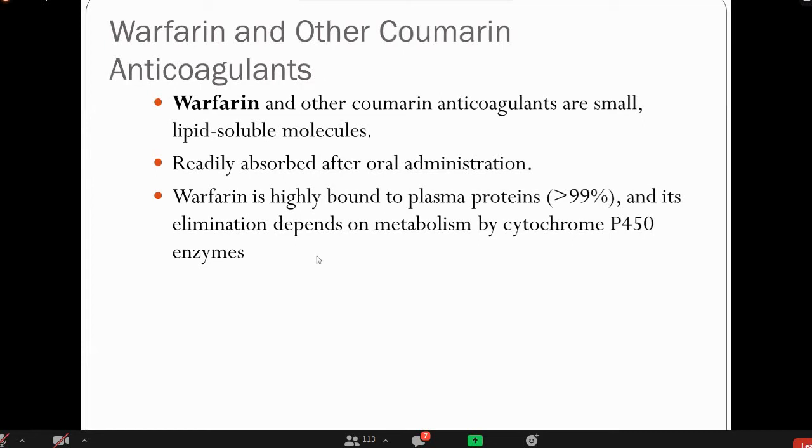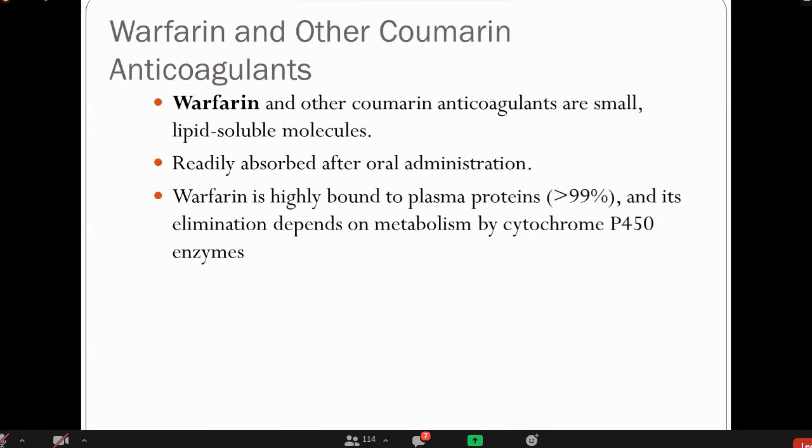Warfarin is highly bound to plasma protein. So warfarin is one of the examples having strong protein binding ability, and its elimination depends on metabolism by cytochrome P450 enzymes. You will find a lot of MCQs related to this concept. And again, this is one of the general concepts. Any drug which is metabolized by the cytochrome P450 enzyme, again, there is a chance of drug-drug interaction,